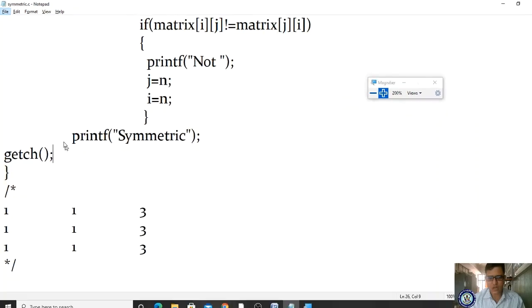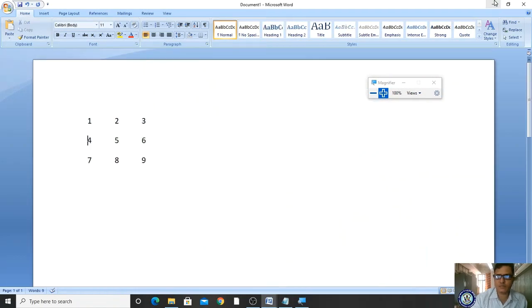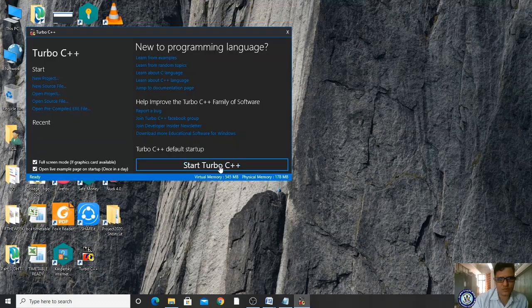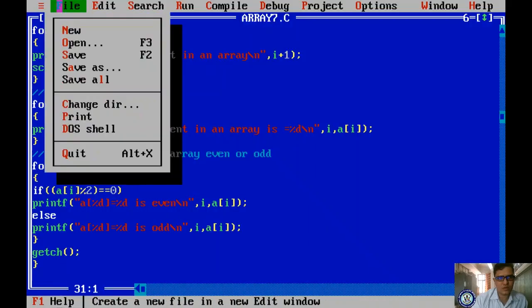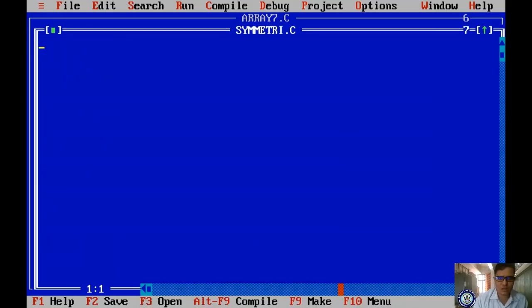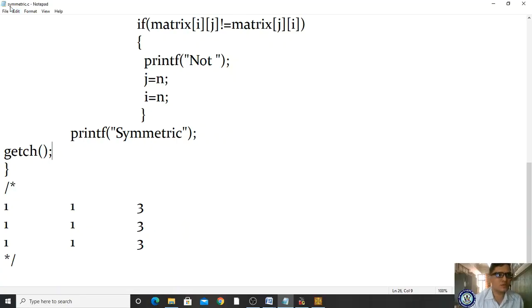Okay, now let me come to my editor. Where is my editor? Yes, here it is. I'm opening the C++ editor. Now start Turbo C++. Now I'm opening my file. What is the name of the file? Symmetric dot C, right? What happened? What is the name of the file we have stored?